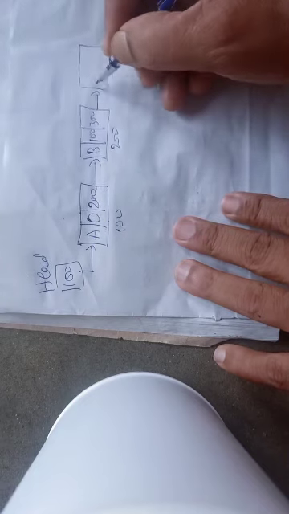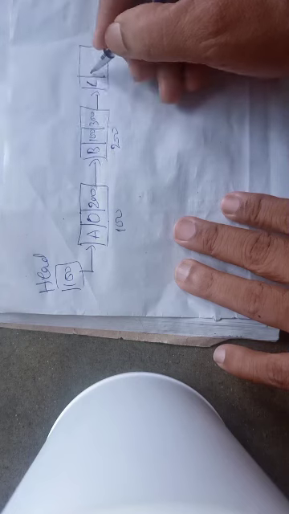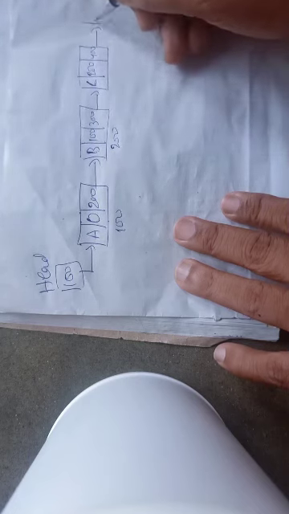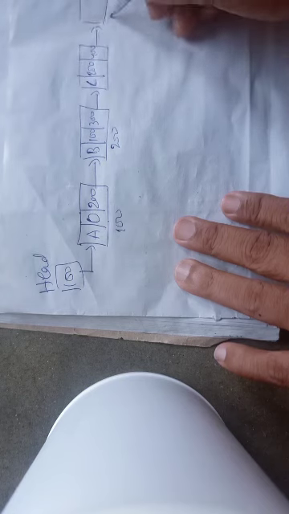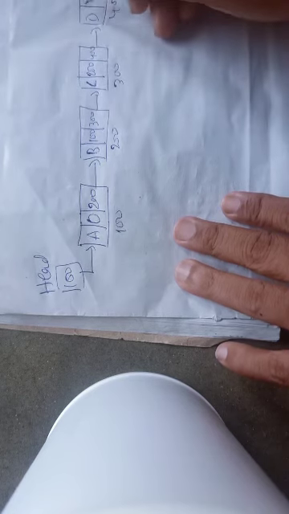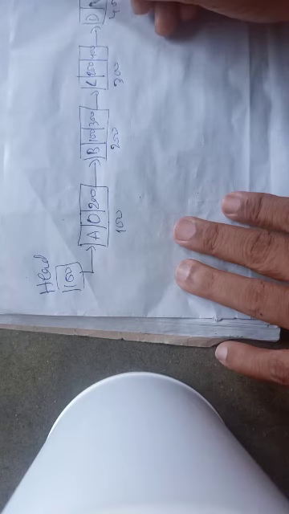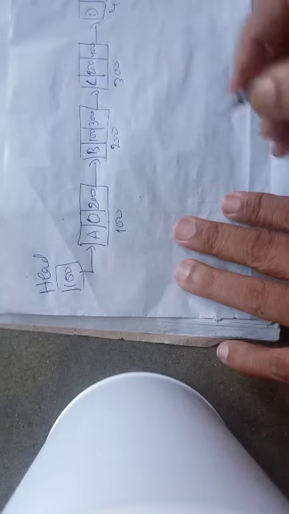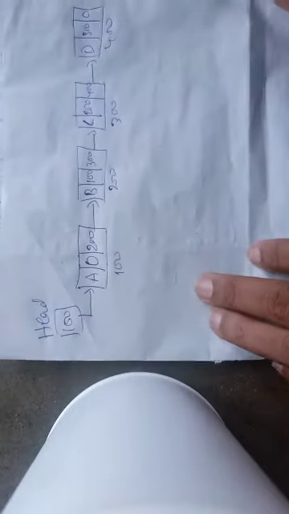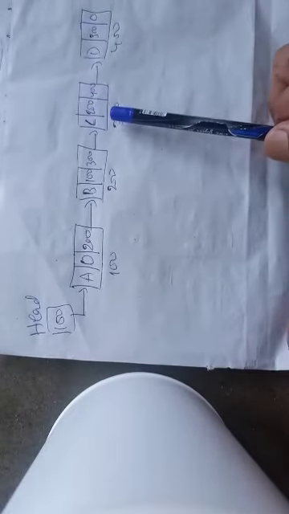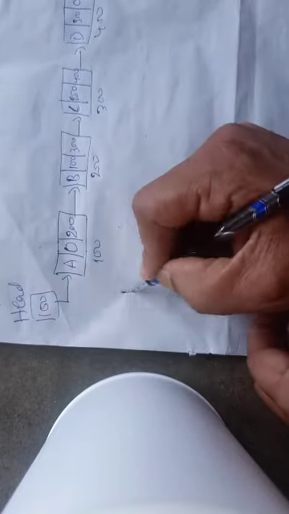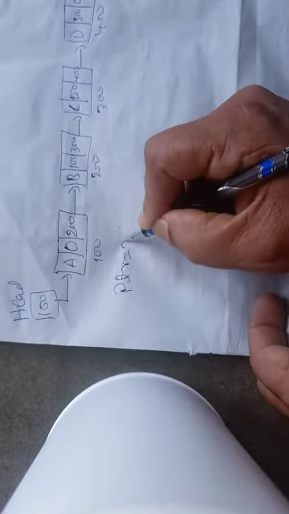Now C, its previous is 200 and next is 400, and this is my last node, 400. Now I want to remove the third node. Let us assume I have to remove the third node. So if I want to remove the third node, by doing some kind of traversing, I can reach the third node. So my ptr will become 300.